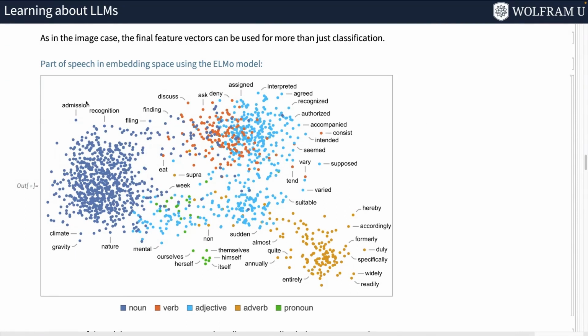Look, I took a bunch of words like admission, recognition, filing, it, suitable, accordingly, and I'm coloring them by their part of speech. And I'm plotting them by the 2D compression of the feature vector. You can see that even a small model like this is able to put all the nouns on one side, and all the adverbs, apparently it's very clear what is an adverb, on the other side. There's a bit less clarity between adjectives and verbs, but this is kind of segmenting the space of part of speech. Not super well, but still,